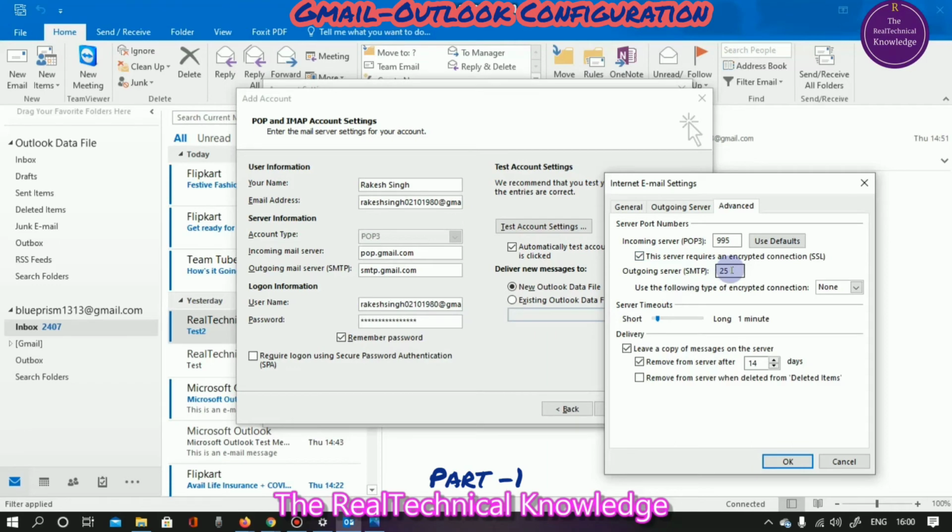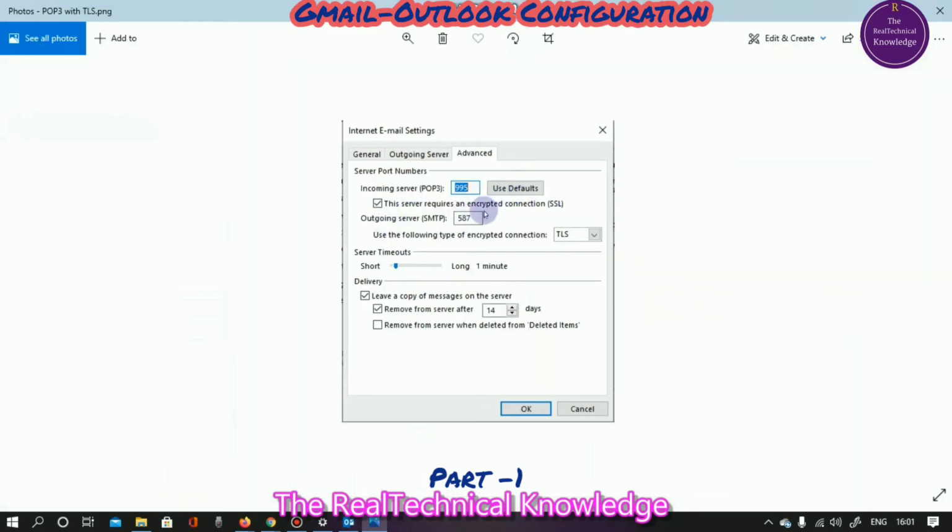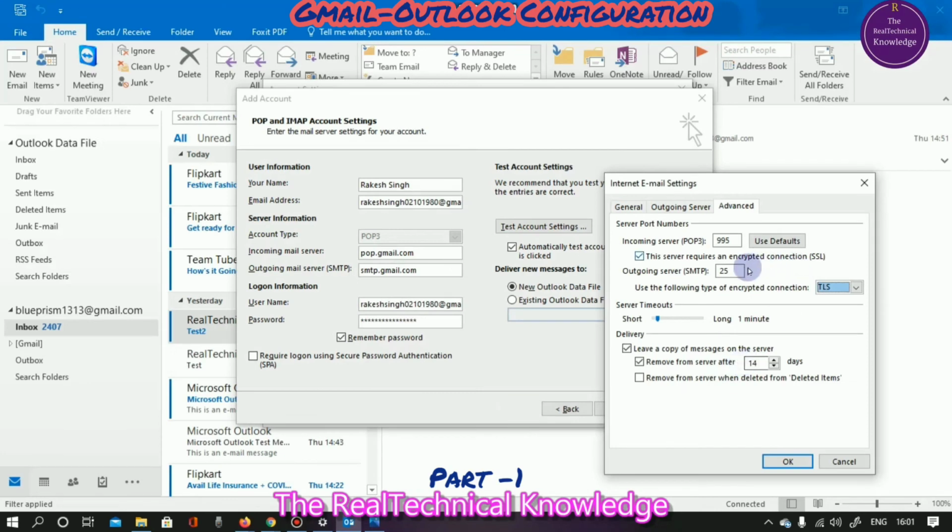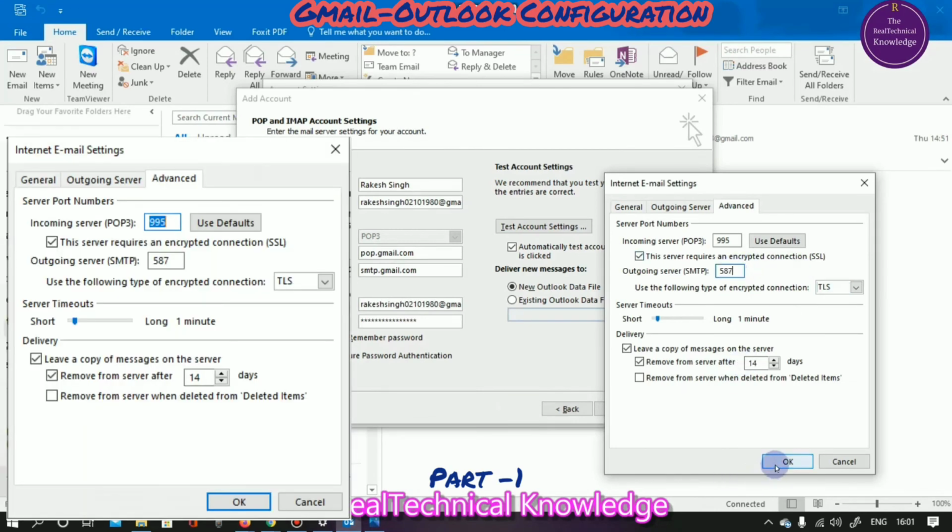So now we need to set the SMTP option. Under SMTP we have four options: the first one is none, another one is SSL, the next one is TLS, and the last one is auto. So we will configure this Outlook with the TLS option. For the TLS option, we need to provide a TLS port number. See, this is the port number for TLS, 587. So we need to configure the same 587 here. Then we need to click on OK.